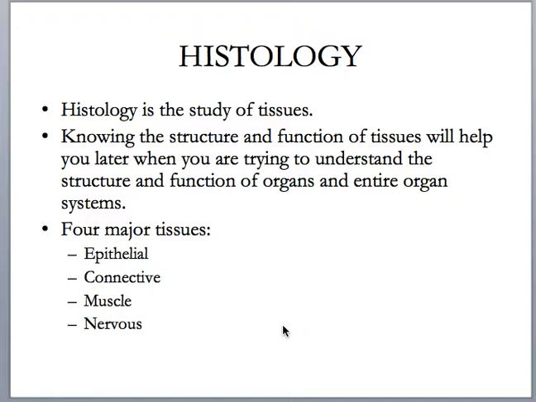On the exam, when I ask you to identify tissue slides, I'll ask you to tell me the specific type of tissue and the general type of tissue. The general type would be one of these four types: epithelial, connective, muscle, or nervous. These are the general types of tissues. For this video, we're just going to focus on